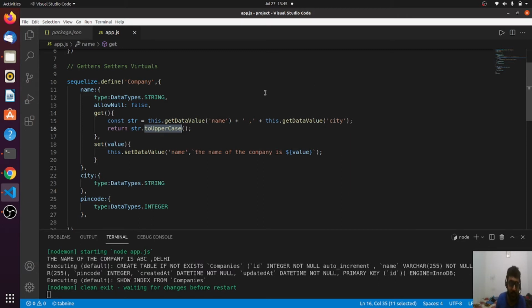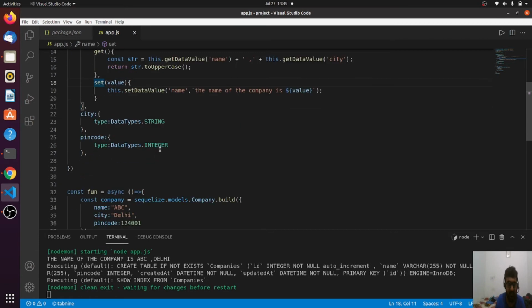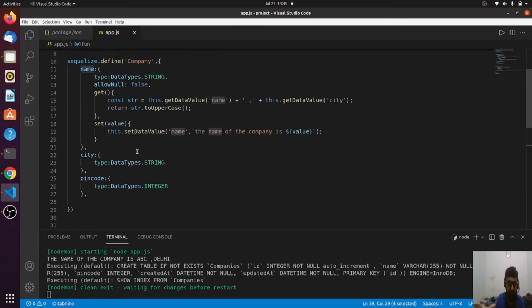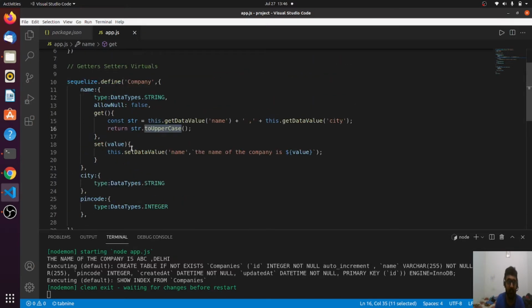And you will be wondering how this get and set were called, since we didn't call them. Sequelize takes care of it. Whenever you try to console any field, it will look out for whether it has a get function. If it has a get function, then it will run that, and whatever it returns, it will print. And if it doesn't have a get function, then we will be directly consoling it.